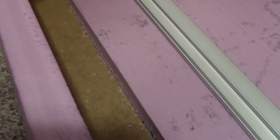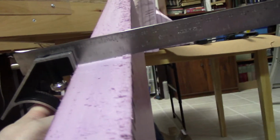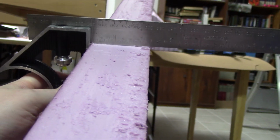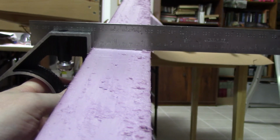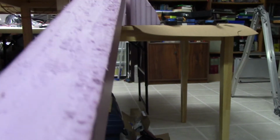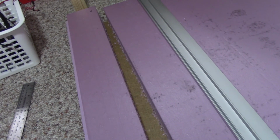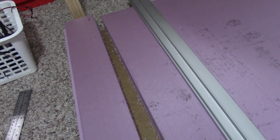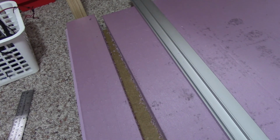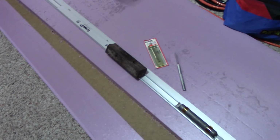Now, I don't know how accurate I am here as far as squareness goes. I don't know if we can get any light to show through or not, but there's a little bit of rock on it, but predominantly I'm square on that cut. It's just going to take practice going a 2-inch depth, and sandpaper on a block to dress it up a little bit will definitely take out, or smooth out, any divots or any side to side unsquareness. But I just wanted to throw those tips out there while I was physically performing the task,